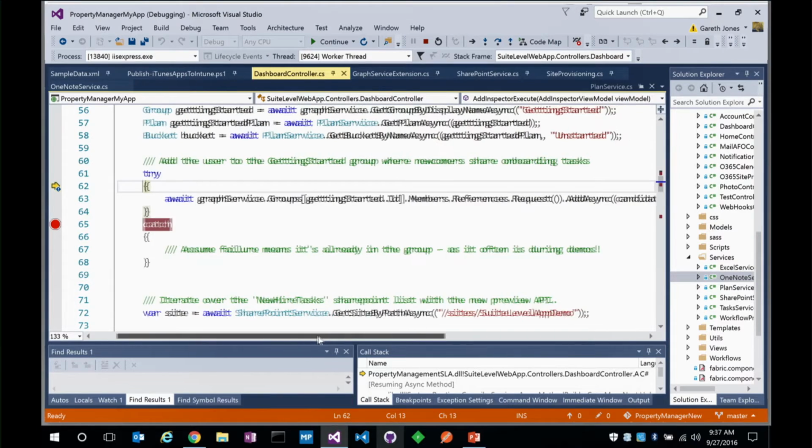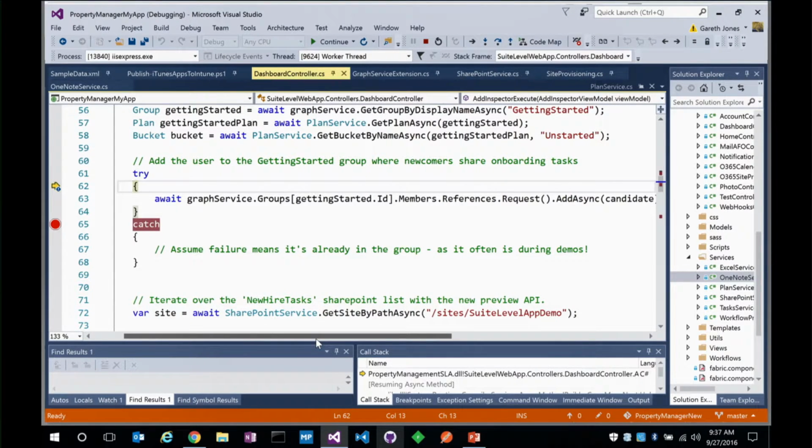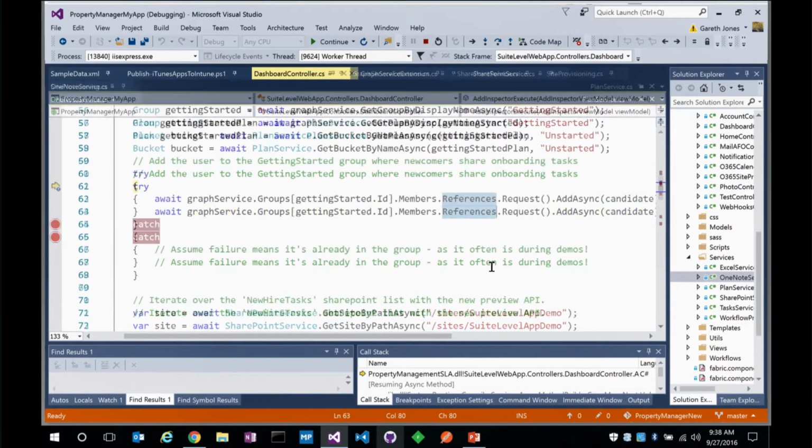And then I'm going to do the first kind of really interesting call here. I'm going to add Boti to the getting started group. So it's a little more interesting call with groups to add a member. You remember we normally just say, hey, get the URL and do a request and then say add async. But here you'll see there's this extra references term. When we add a member to a group, groups don't actually own their members. Their members are free floating in the directory, but the members are actually referenced by the group. So we're actually going to add them to the references collection of the members. So one more extra term in there. But still, as you can see, just a one-liner to do that. So we're going to